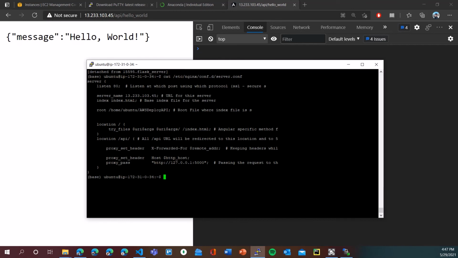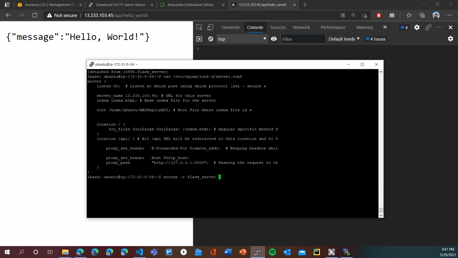Then in port 80, it will find the location. So it will see that this location starts with slash API, so it will go to this location. Then it will proxy the current request to this port. So it will go to 127.0.0.1:5000 where our Flask server is running.